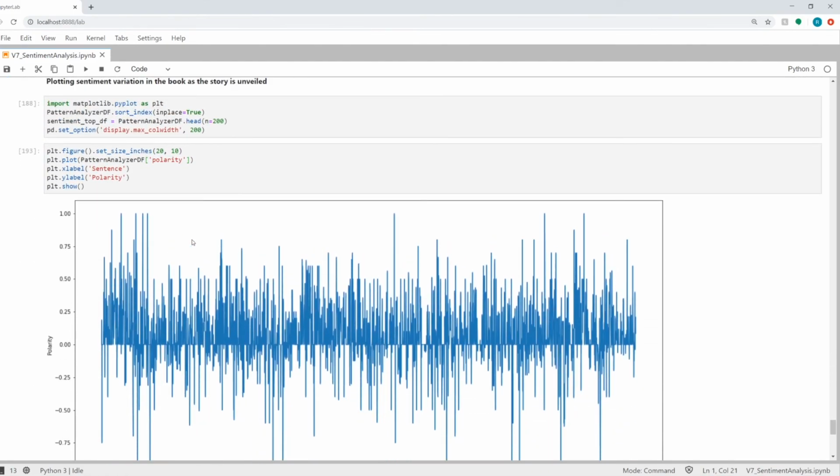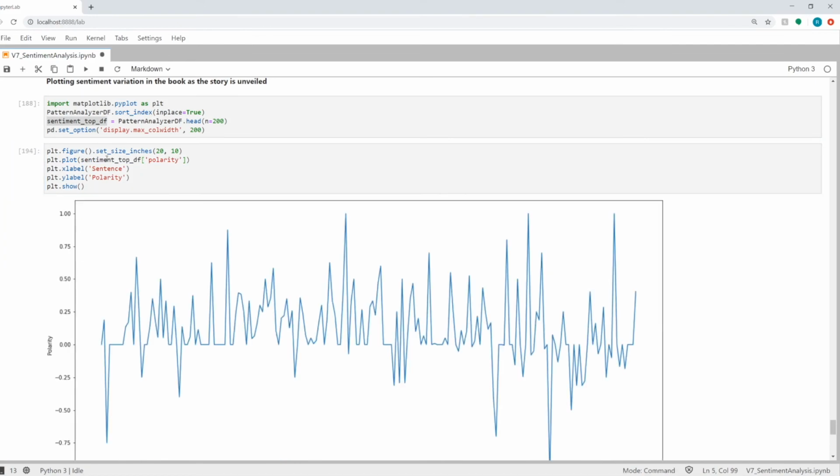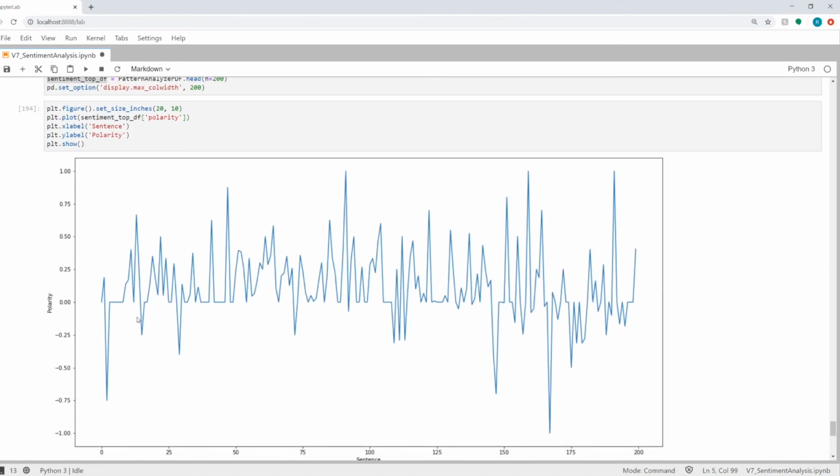Now here I'm showing it for the whole book, but if I change this just for the first 200 sentences, let's see how the story flows. So it starts on a negative note, then it goes positive, then slightly negative, then lots of positive things. So that's how the story is flowing. So to me it looks kind of cool to see how the sentiment is flowing in the book.